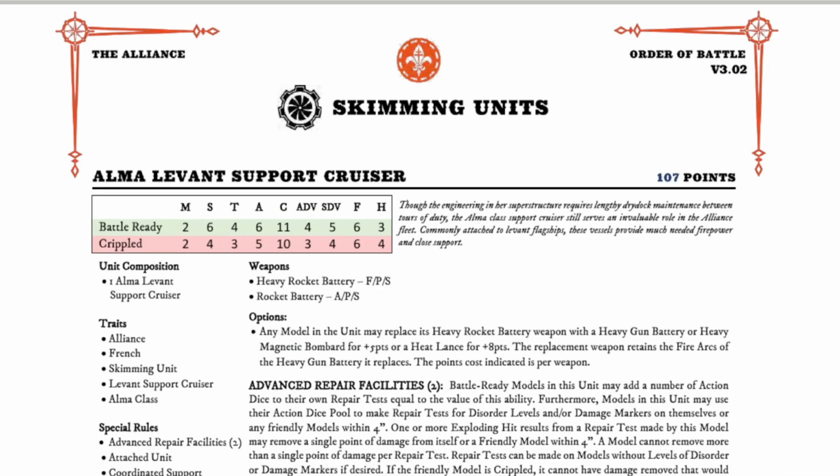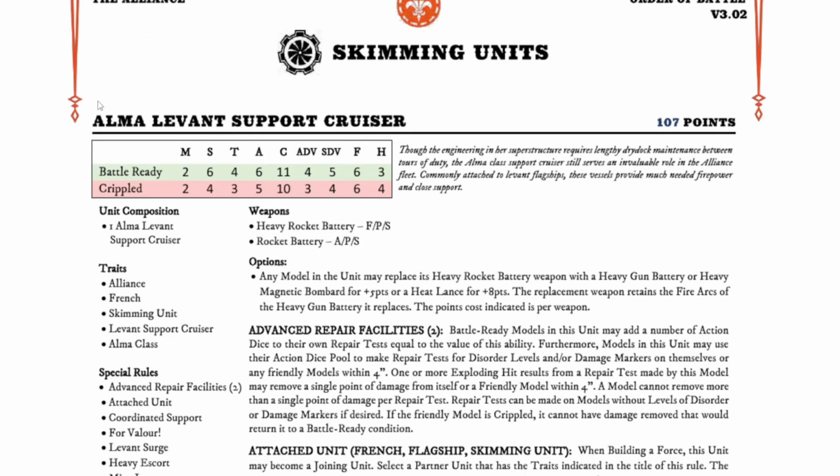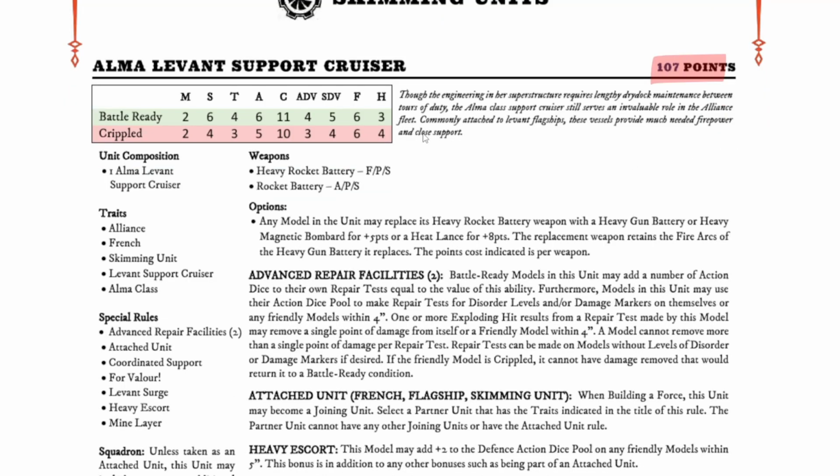It really has become a big ORBAT, as you can see, because we've only just crossed into the skimming units after the surface units. And the first one is an entry that has not been released yet, which is the Alma Levant support cruiser, clocking in at 107 points. It's not exactly the most firepower that you're getting out of this one. It's only got a heavy rocket battery and a small rocket battery to support that one,